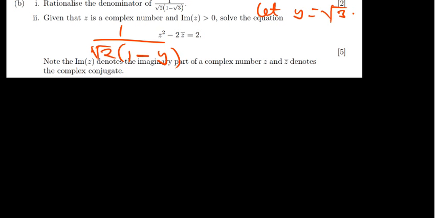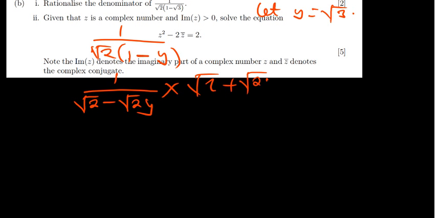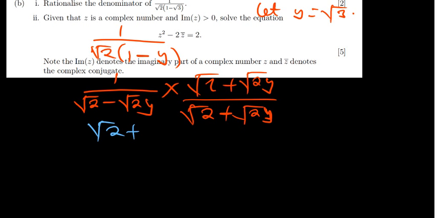Now I can distribute what is inside here. I can say that this is going to be 1, then the square root of 2 times 1 is going to be the square root of 2 minus the square root of 2 times y is going to be the square root of 2y. Now from here I can rationalize, times the square root of 2 plus the square root of 2y, even here the square root of 2 plus the square root of 2y. So 1 times everything here, we are going to have the square root of 2 plus the square root of 2y, everything divided by,